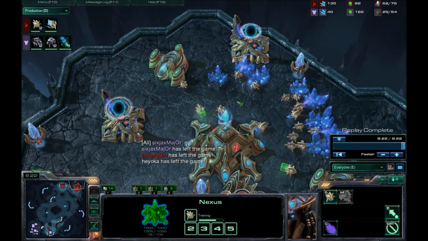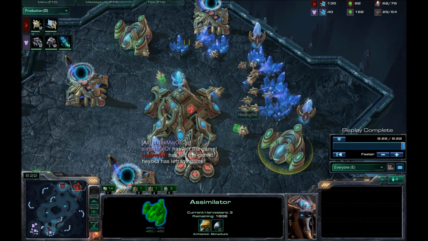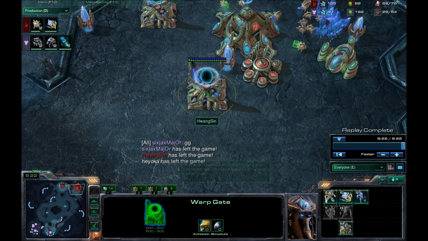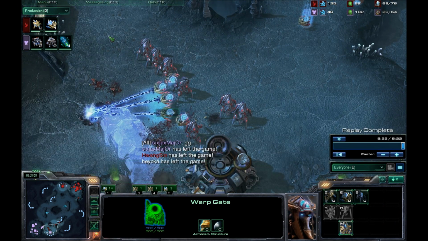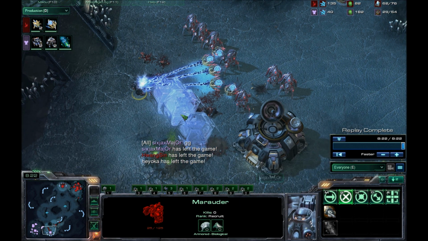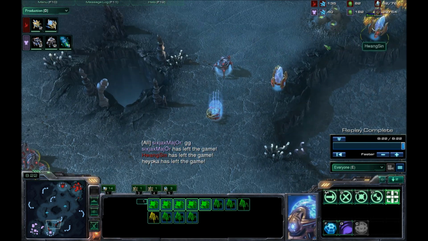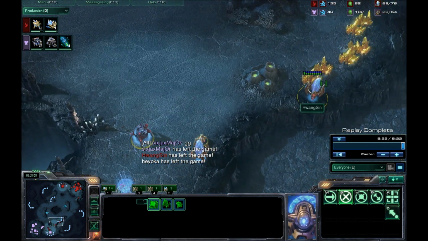I would say Hwangsin got his simulators really early and stocked up very heavily on probes, and then just waited for sixjax, saw that he probably didn't even see that he was going heavy Marauders, and just moved in with a bunch of sentries, grabbed map control, grabbed all of his SCVs, and picked off his Marauders one by one. So, well played,